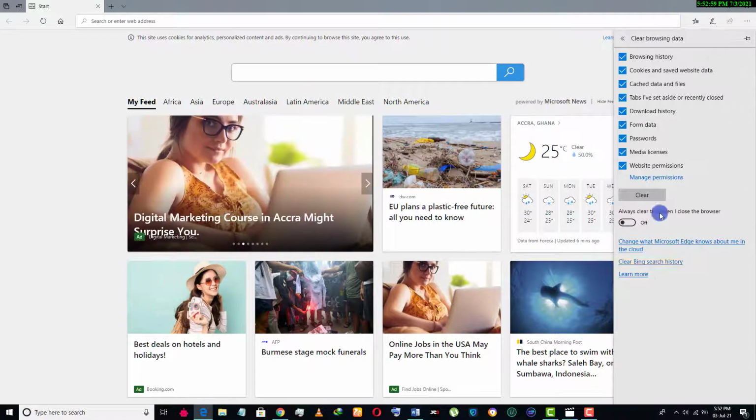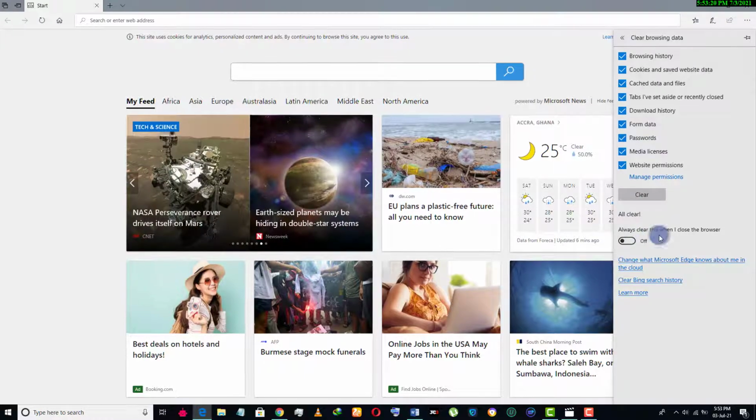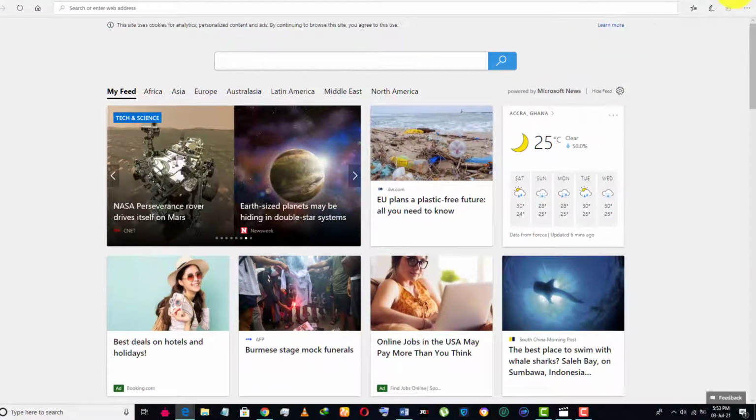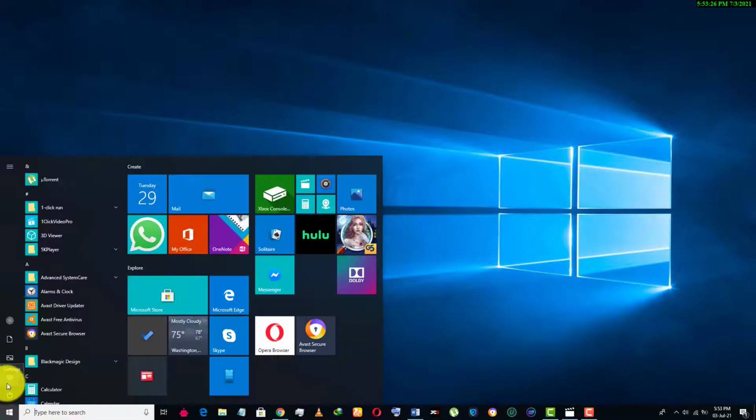You click on it, and you choose all what you desire from here, and then you click on clear. You can actually put it on and off based on your desire. So I think it has been cleared, and that is all. You come back again, and then come to the settings menu again,